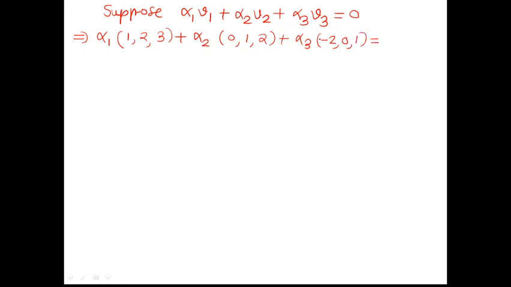Now you can see that the left hand side is nothing but a vector quantity. A scalar multiplied by a vector is a vector. So this is one vector, this is another vector, and this complete term is the third vector. We are adding 3 different vectors, and an addition of vectors is again a vector. So this left hand side entirely is a vector quantity. So the 0 over here is not a simple 0, it's the zero vector.